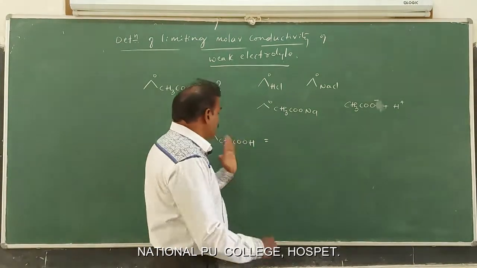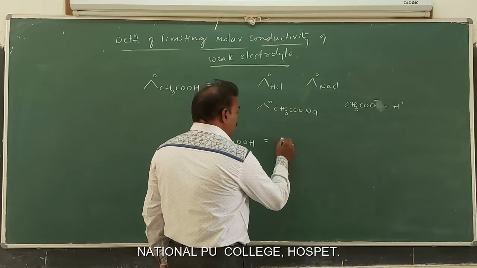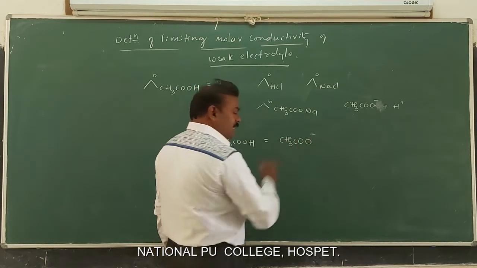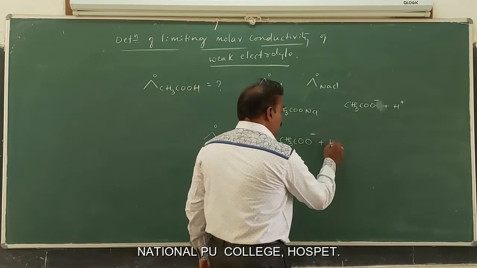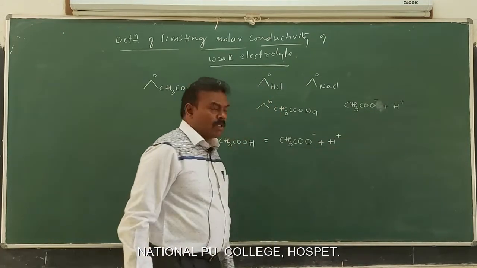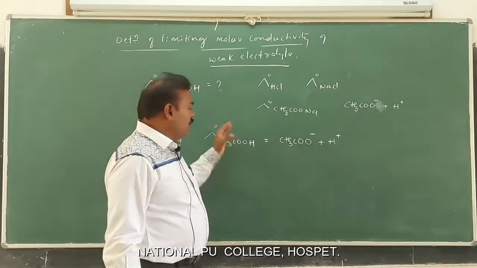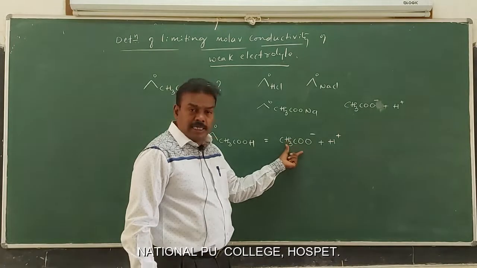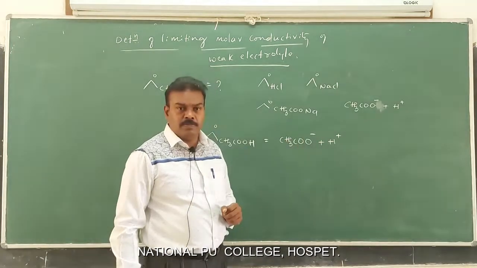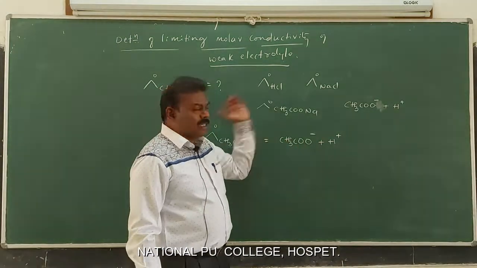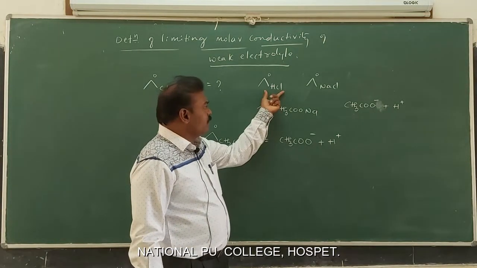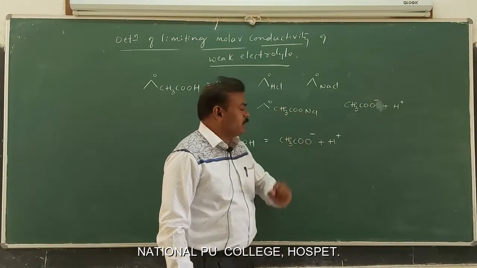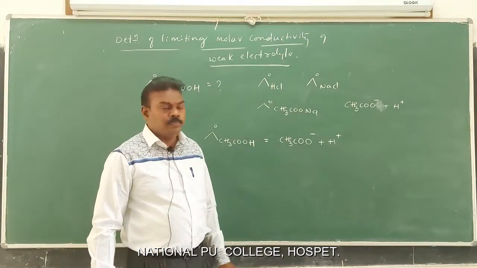In the case of this acetic acid, CH3COO minus ion will be there, and H plus ion is also present in that. The limiting molar conductivity of acetic acid, the contribution is made by these two ions. Which ones? Acetate ion and H plus ion. Now we have to take these electrolytes, HCl, NaCl, and CH3COONa, that is sodium acetate, is also present in that. How to find that one?